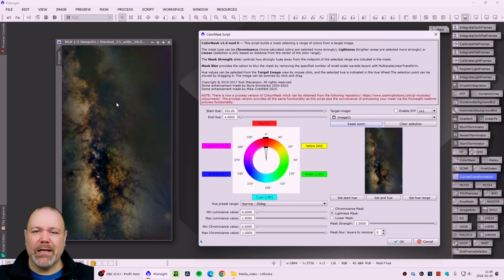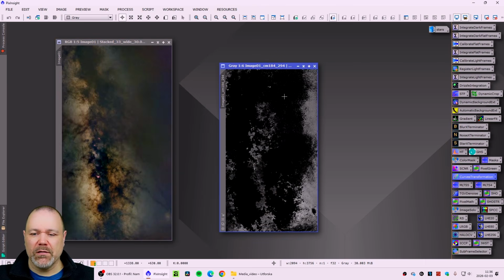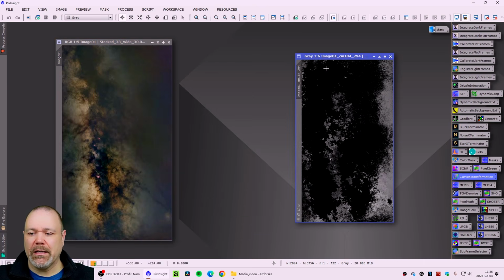If we want to add more blue to the blue areas, but not only select the blue, but also cyan, we can click on blue here to start with, but now we can adjust here, going way down all the way to cyan, and also a little bit up to magenta if we want to take a little bit of those colors. Click on lightness mask if that is not clicked on, and you can see that we have a nice